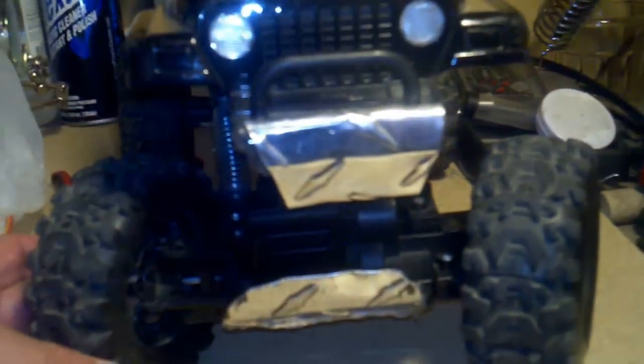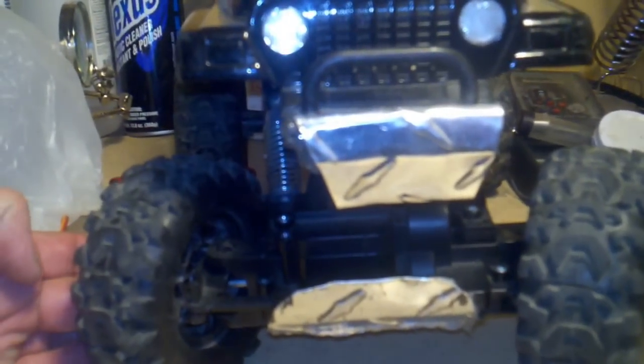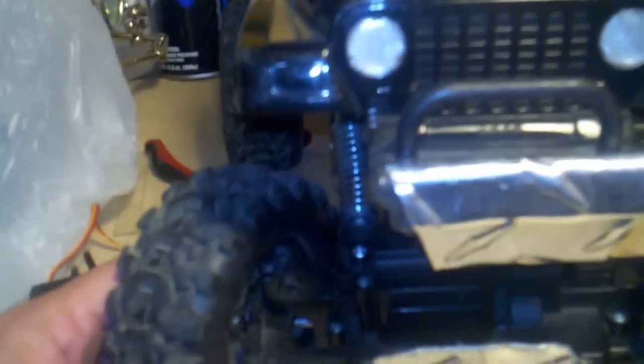But let me get to, oh yeah, what that steering mod does is allows it to turn. Look how much turning ability that Jeep has. Go look at your Maisto Rock Crawler, and then look at mine. Okay, this is why it sucks to have so many Maisto Rock Crawlers, because every single one of them now has to get this mod. So every single one,